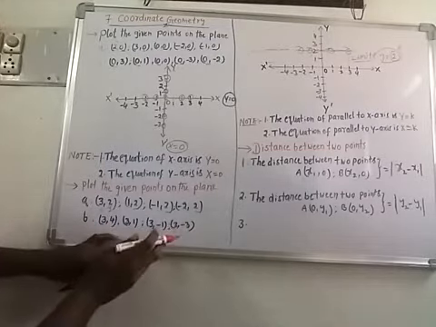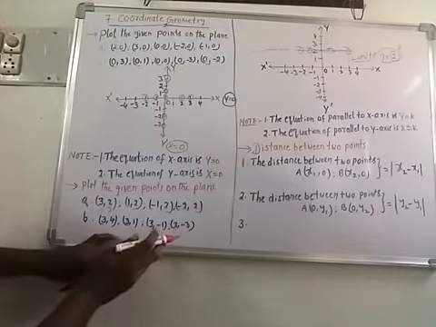We are joining these points with a line. This is parallel to the y-axis. This is parallel to the y-axis. How much distance? That is 3 units. How much distance? 3 units. So this parallel line is